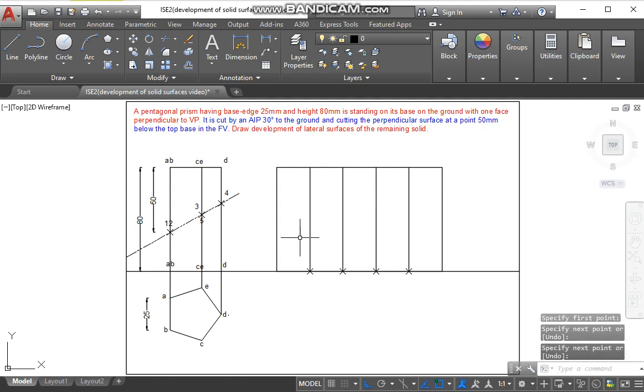So we have got the five faces, 1, 2, 3, 4 and 5.